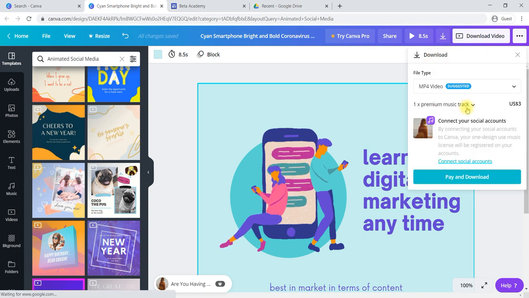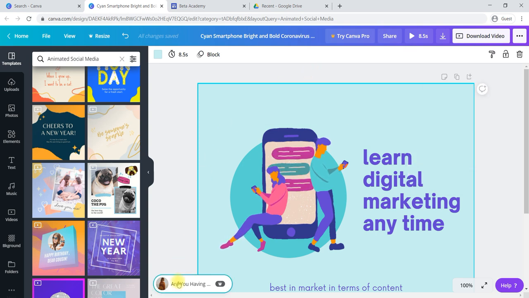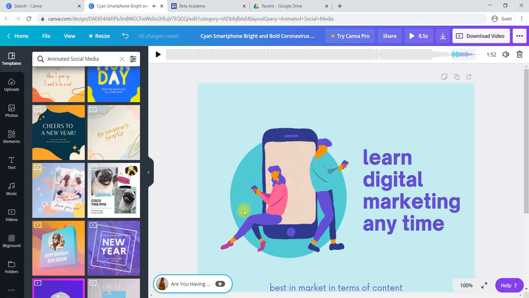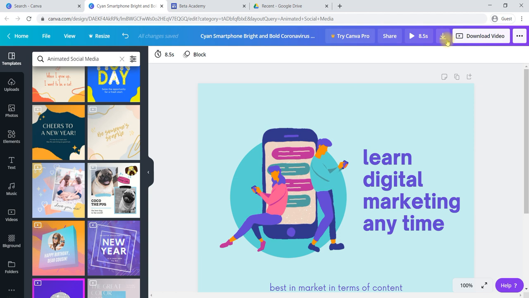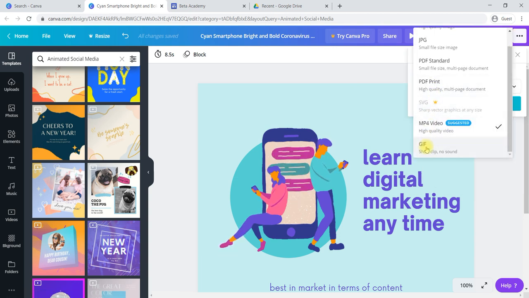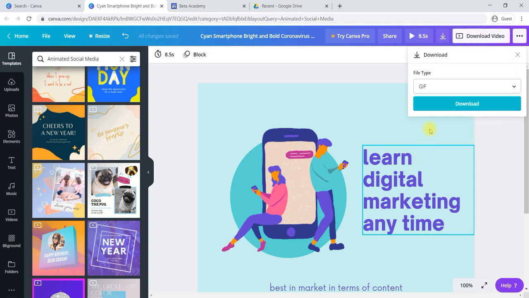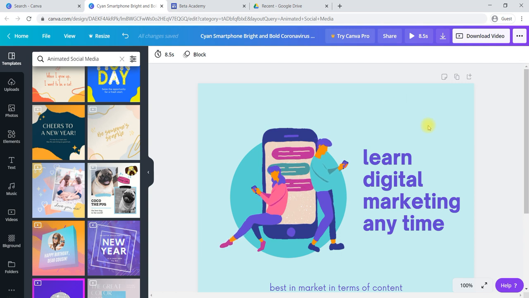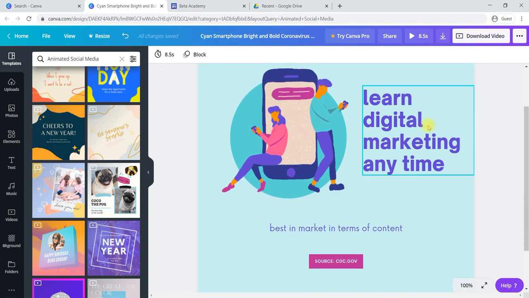But this track music needs to be paid, so if you don't want music, you can select this one and delete it. Then you will be able to get the video format, or a zip or gif format. The animated video will be downloaded, and directly you can use those formats in your Facebook ad. It will give better interaction.